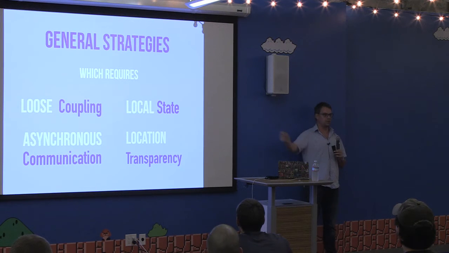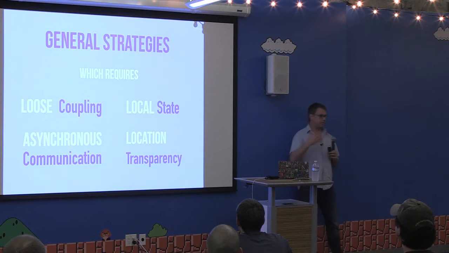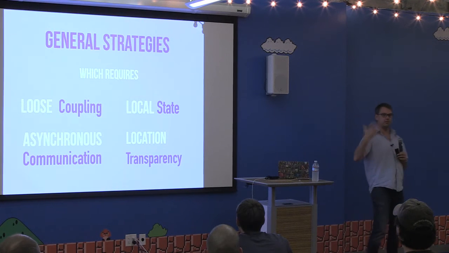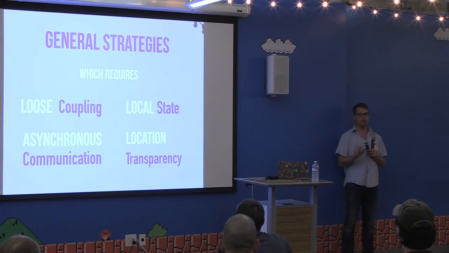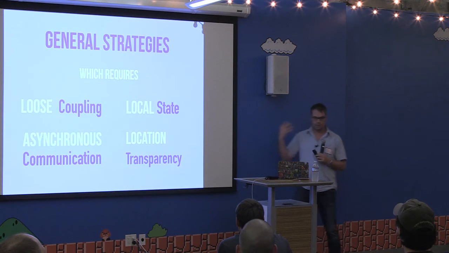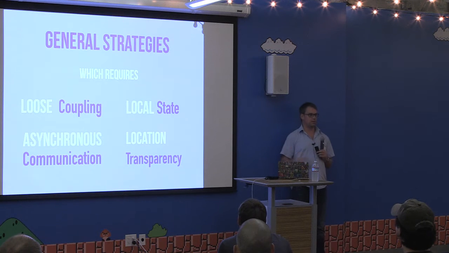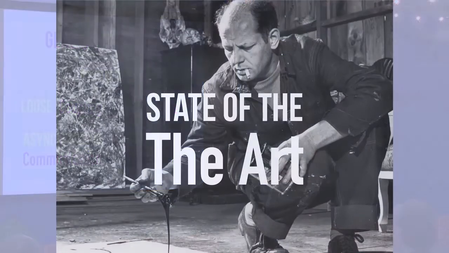Message passing across these, so you have an asynchronous boundary to get this loose coupling. This gives you location transparency. That means that your component can actually run wherever. You have these references to your components, and you don't need to care where they live, and you go well beyond all the problems with RPC if you fully rely on asynchronous message passing instead of having this classic blocking RPC.